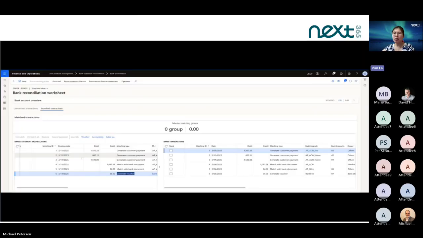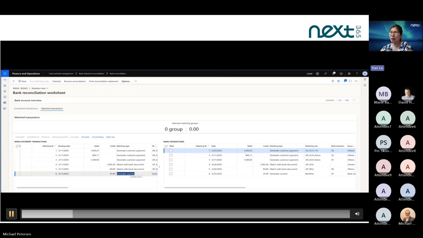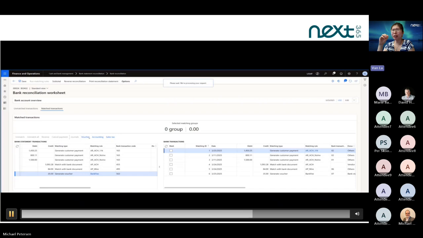Okay, so in this example, I have a $35 bank fee the bank has charged in my account. The first time I know about this fee is on my bank statement. So needless to say, my cash subledger does not have this $35 record. So I have a rule defined to identify these types of transactions and to record a new transaction, or a transaction voucher, for it. Like the settle customer invoice, the workbench gives me direct access to this voucher that was created. So if I click on the voucher hyperlink,